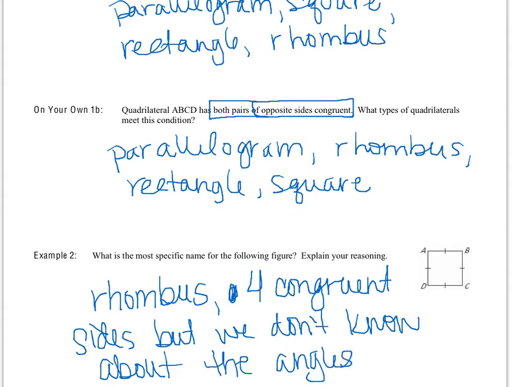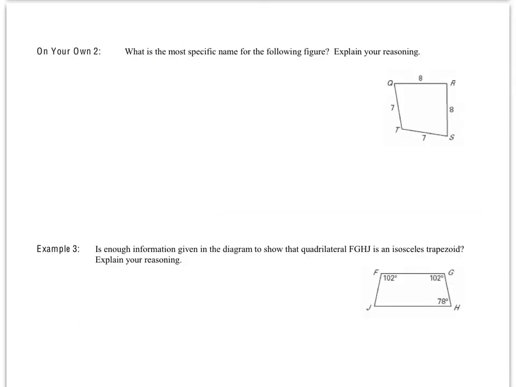And let's flip this over and look at the other page. On your own 2 here, it says, what's the most specific name for the following figure? Explain your reasoning. So again, I suggest you pause it. Try it on your own. Okay, the most specific name that we're going to give this, given that I've got a pair of sides here that are adjacent and congruent. Here's a second pair of sides that's adjacent and congruent. We would call this a kite